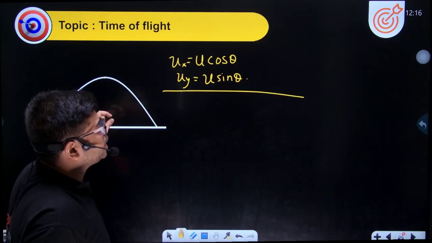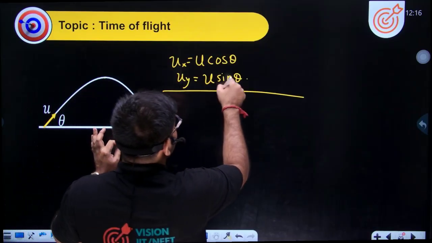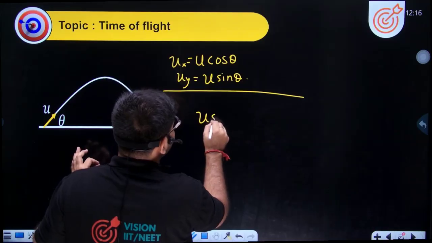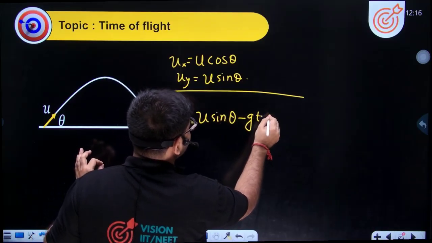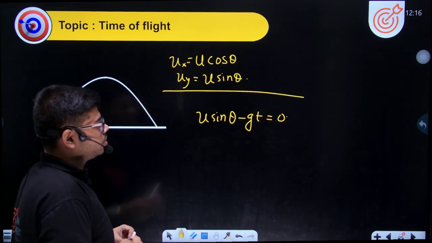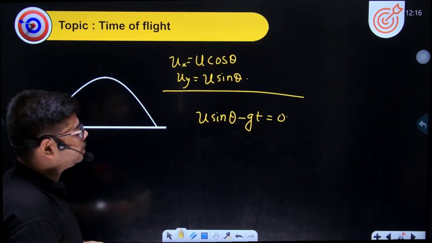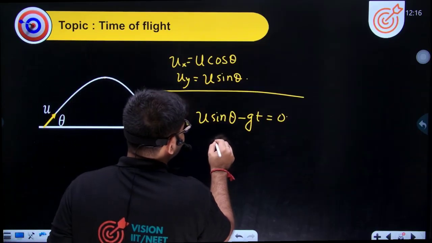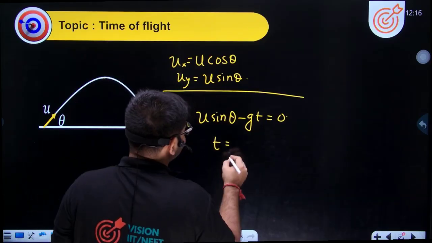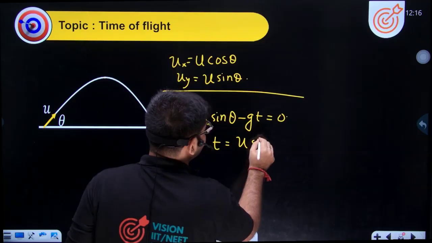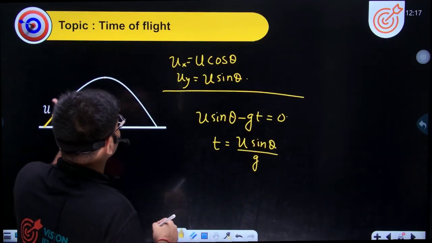So you will get u sin theta minus gt is becoming 0. Okay. So y component I am equating it with 0. Then what you will get, the t value or the time to reach this point h, you will get as u sin theta by g,